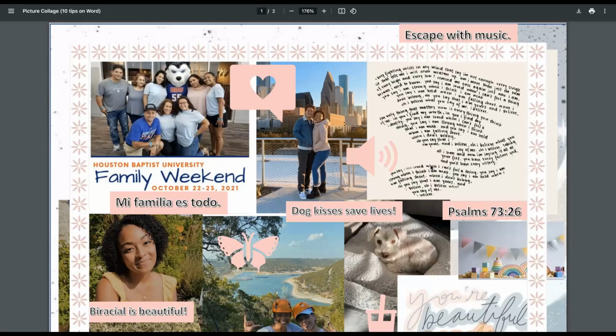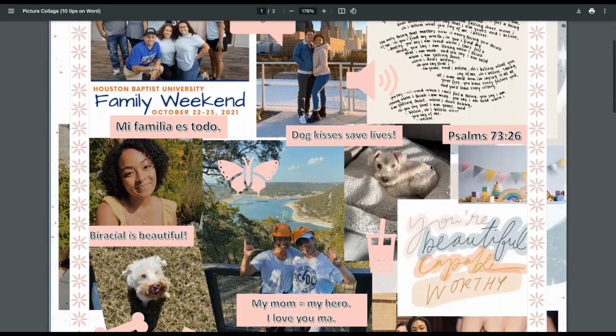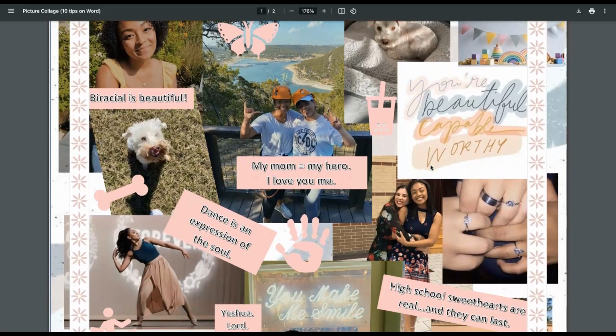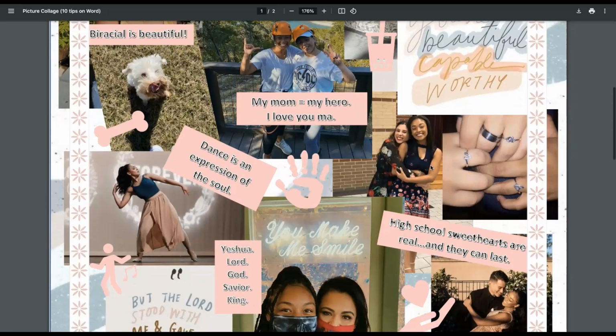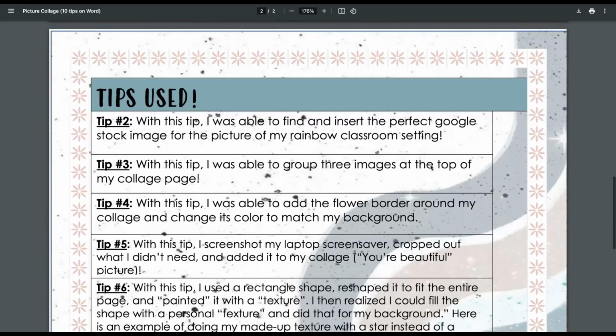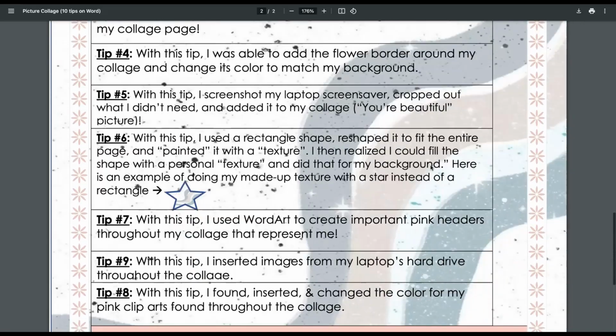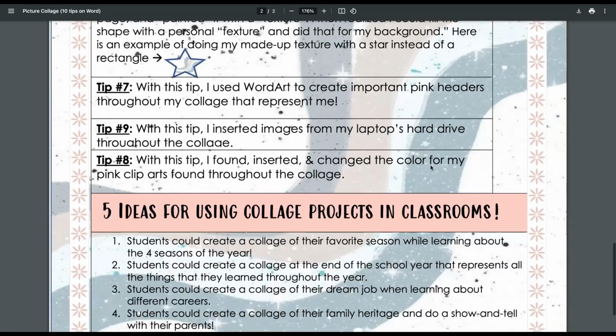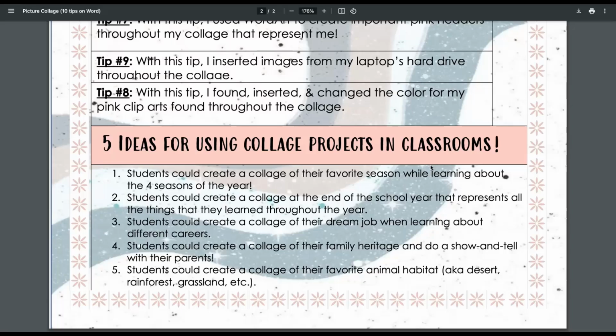You will see that this collage, which was created in Word and saved as a PDF file, effectively tells a story about this student. What a creative demonstration of this student's passions and pursuits in life. Additionally, this example lists at least 8 tips that were used in Word as the student created the collage, as well as 5 application ideas, 5 ways in which using a collage can be effective in classroom settings, such as